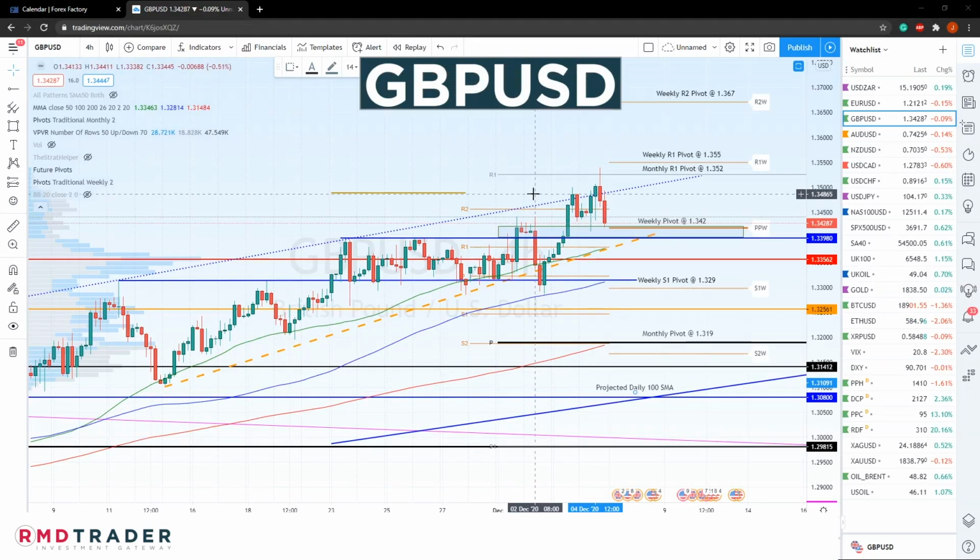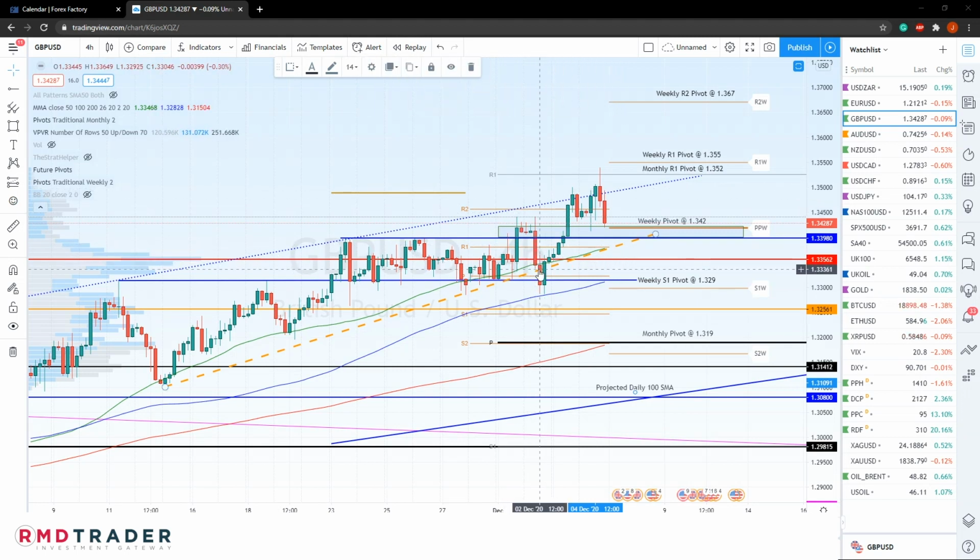Moving on now to the GBPUSD. So although we did not have a significant pullback last week, we only had a slight pullback closer towards this 4-hour 100 SMA, after which price then resumed to make a new high. It does appear at this stage that price is losing some momentum, and for this reason I would consider the area of support to be quite narrow, and that should be the area between 1.339 and 1.342, and that is